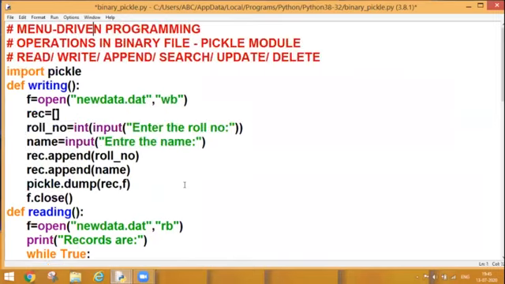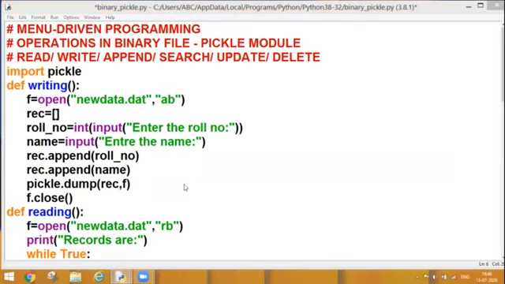One more variation I want to tell you over here is that I have written only one record in my file. But if I run the same module again for the second time to add another record, what will happen? My new record will replace the previous record which is there in my file. So to remove this error, what can I do? I can change my w into a. That means writing mode into append mode. Now what will happen? As many times as I run my module, each and every time the new record will be added into my file.